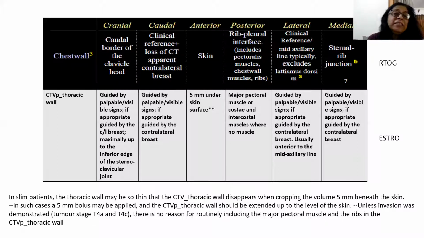So I think Rohini's presentation was fantastic. She has covered practically all aspects that needed to be covered. I can just give a few points to add on to what Rohini has said, because there's nothing that she has left untouched. If we just start off, everybody was very clear that in high risk situations, that is when more than 4 nodes are present, there is no doubt, and EBCTCG 2005 has shown us that you have to treat because there is survival benefit.